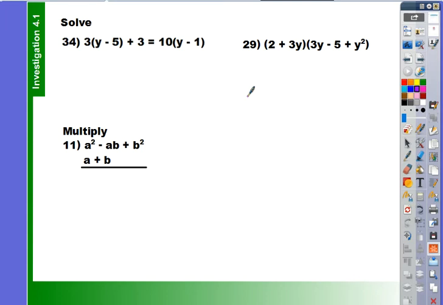Okay, so for this problem, you have to distribute also. So you do 2. Use your rainbows. 2 times everything in the other parentheses, and then smiley faces. So now it's 2 times 3y, which equals 6y, and then positive 2 times -5 equals -10, so minus 10, and then 2 times positive y squared equals 2y squared,